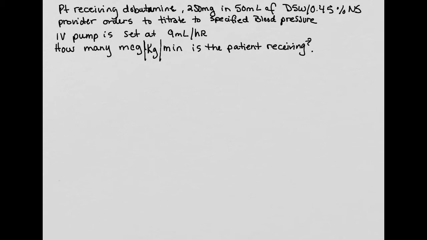So let's look at this. A patient's receiving dobutamine. Remember what that is, an adrenergic agonist. 250 milligrams in 50 mLs of D5W, 0.45 or 0.5% normal saline. Provider orders to titrate to a specific blood pressure. So the IV pump is set at 9 mLs per hour, but how many micrograms per kilogram per minute is the patient currently receiving? So he wants to make some specific parameters and wants us to titrate it to the